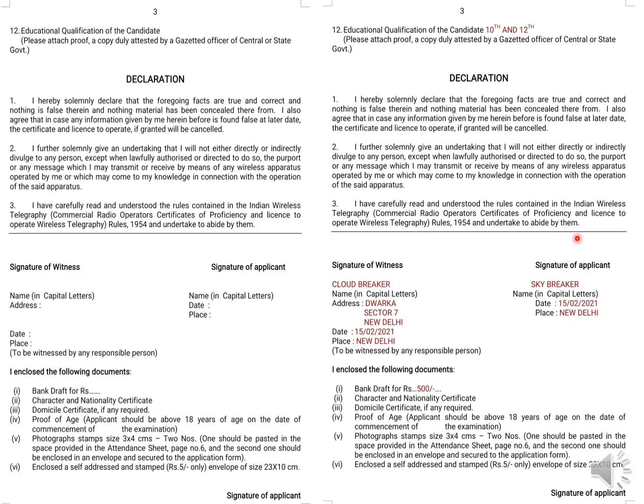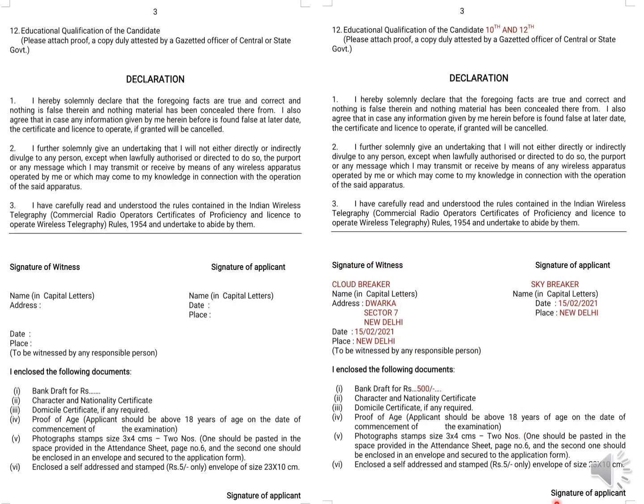I didn't put the signature, so don't forget, you need to put the signature here, along with the date and place. The signature of the witness is the important thing; you can take it from your friends or colleagues, or ask anyone. It is just for reference, they are not going to check who the person is, but you need to get the signature of a witness. You need to write his or her name, as well as their permanent address, the date and place. The signature is very important, don't forget.